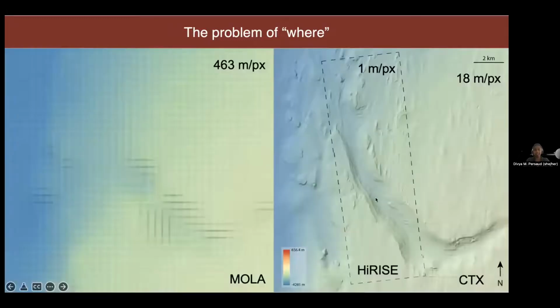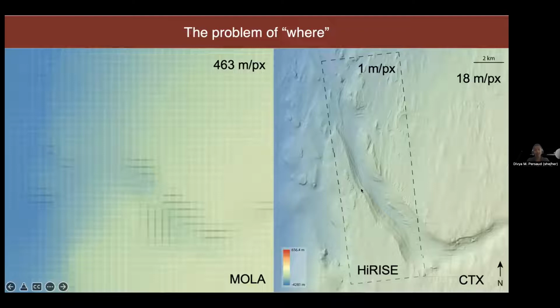And I'll give you an example. So if we look back at that feature that I showed before, that big canyon, that's the focus of my thesis. This is what it looks like in MOLA. And it has this sort of grid. There's not any information I'm getting from this. You look at it in CTX, which is 18 meters per pixel. These are 3D maps, by the way. So again, color is showing elevation. And here's HiRISE overlaying it. HiRISE is the best that we have. That's 1 meter per pixel. And there's loads of this incredible, beautiful texture. And if you want to compare these two things, it's really, really hard.